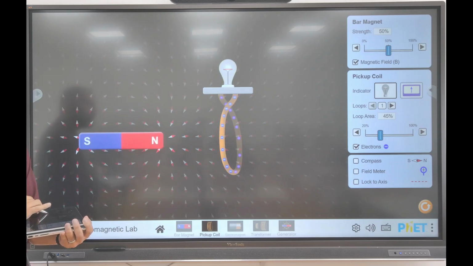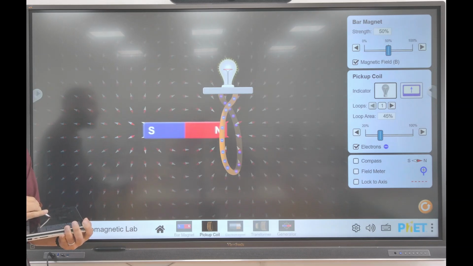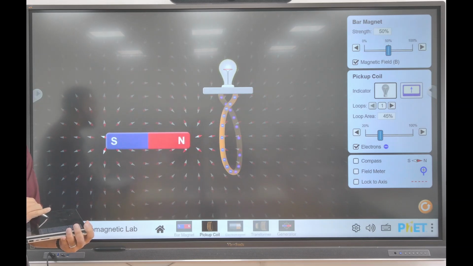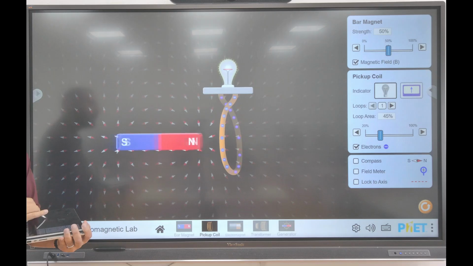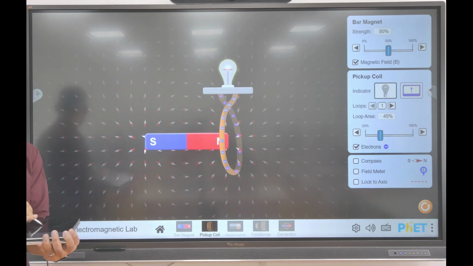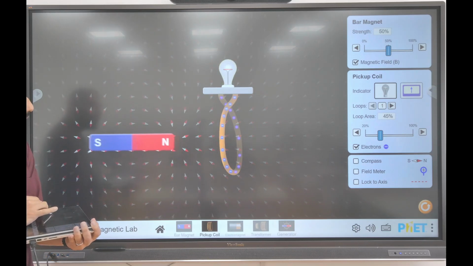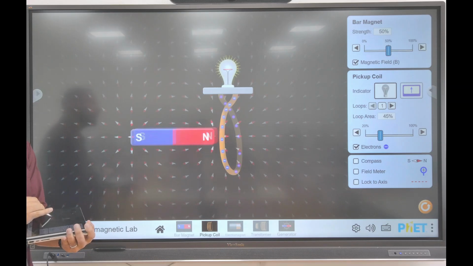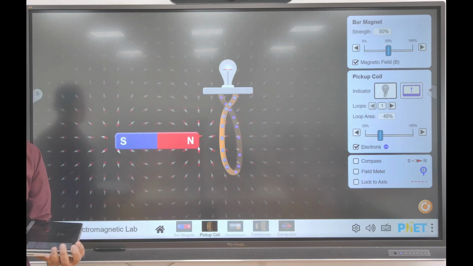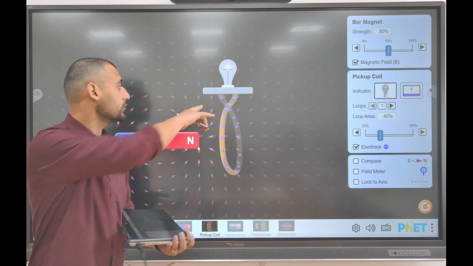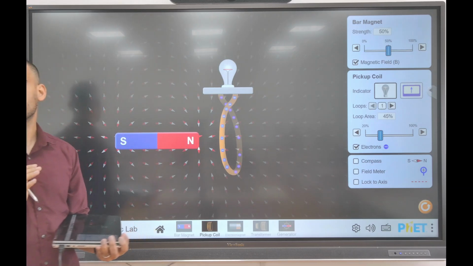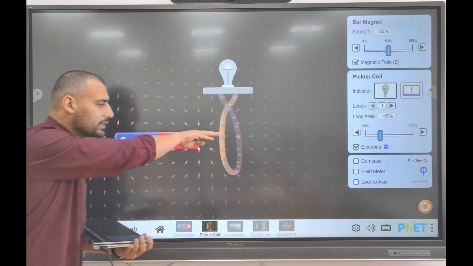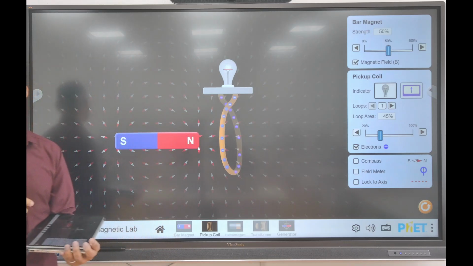When he is taking the magnet towards the coil, see, there are electrons running in the coil, isn't it? Yes? The electrons are moving. And the bulb is glowing. Is that fine? When he is taking the bar magnet towards the coil, the bulb is glowing, although there was no battery connected to the coil. See, when the bar magnet is at rest, nothing is happening. But when this bar magnet is going towards the coil, you are seeing that